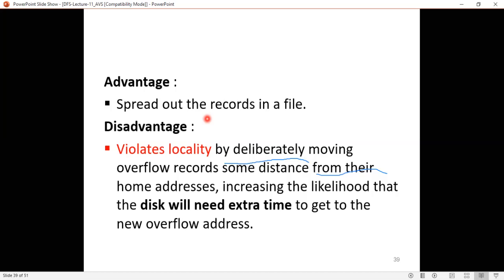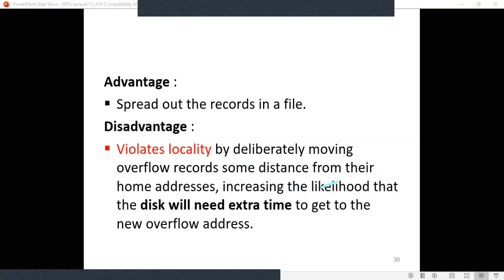That means the similar kind of file records will be stored at some distance, isn't it? And one more thing is, in case you have a file occupied in cylinder 1, and due to the creation of overflow addresses, a part of the file is stored in one more cylinder, that is, you are using two cylinders to store one particular file.